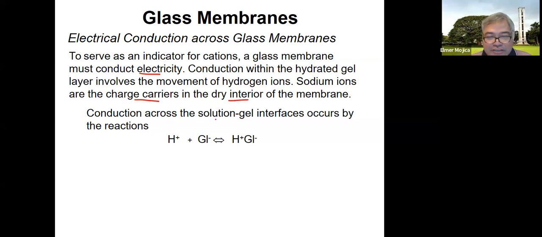And the conduction across the solution gel interfaces occurs by this given reaction: the H plus reacting with the silicates to produce the silicic acid. Okay, so that's how the electrical conduction would happen. So H plus, we could say the glass H plus, and I think it should have been H plus, Gl minus, and then it can also be